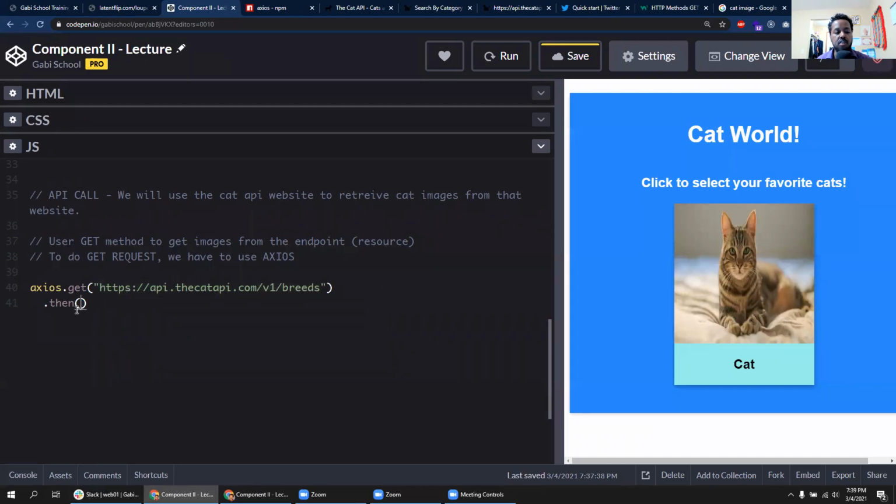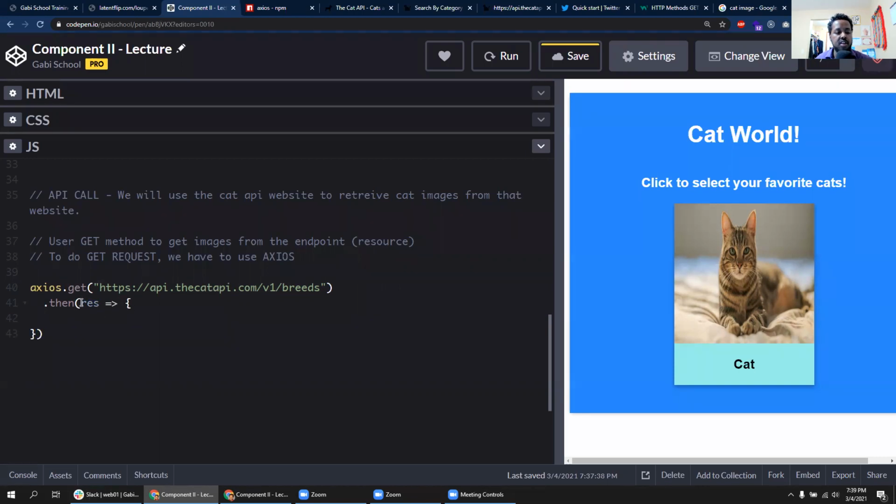So we could just say console log here for now. To do that, you have to say first response. Remember we used to say item or things like that in callback functions. Here we're just going to say response or res. You could just say res. And this is another callback function. So inside this function,